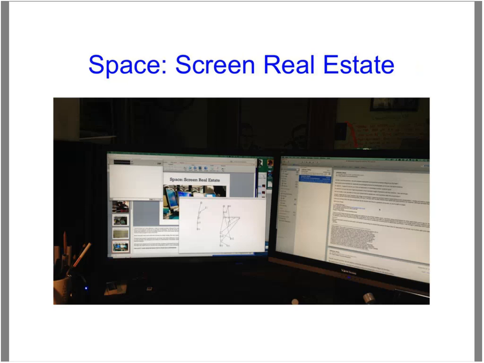word processor, a separate text app for simple notes that I'm referring to as I write, Evernote, as you might guess, an Illustrator or Photoshop for image editing if what I'm writing needs it, and increasingly it does, and of course iTunes. So it's hard to work that way with a single mid-sized monitor. Many students work within the confines of a single display, but knowledge work, including writing from research, benefits greatly from